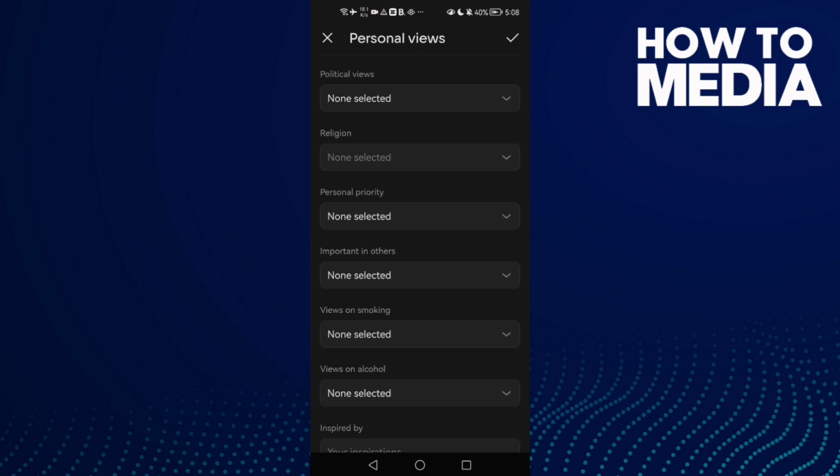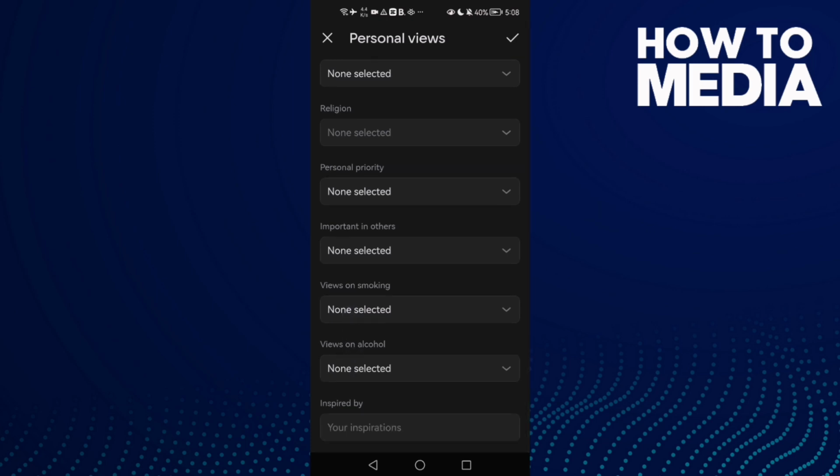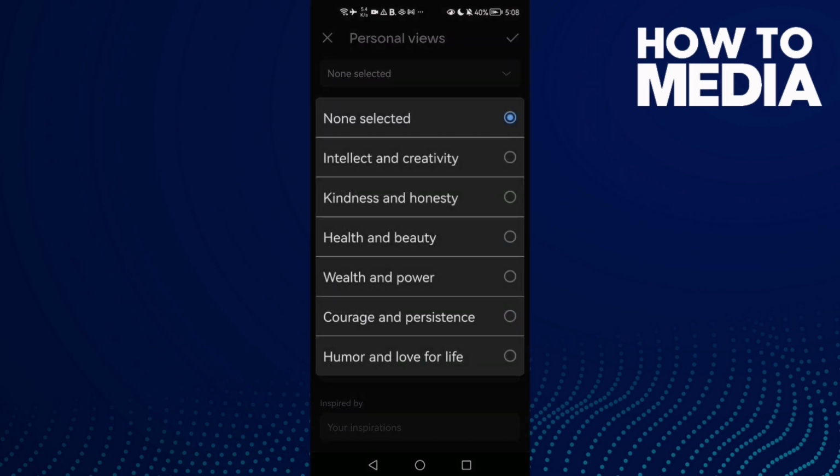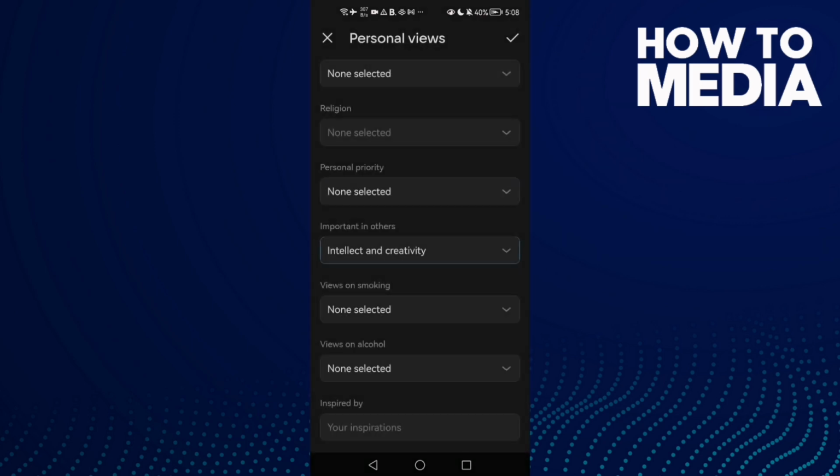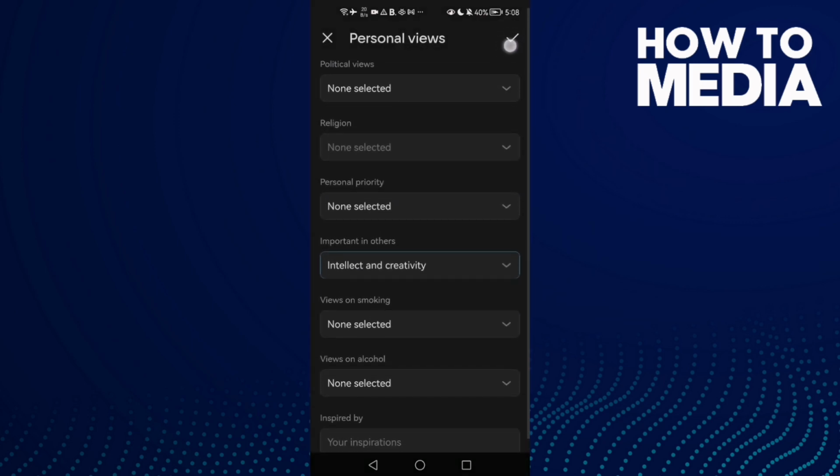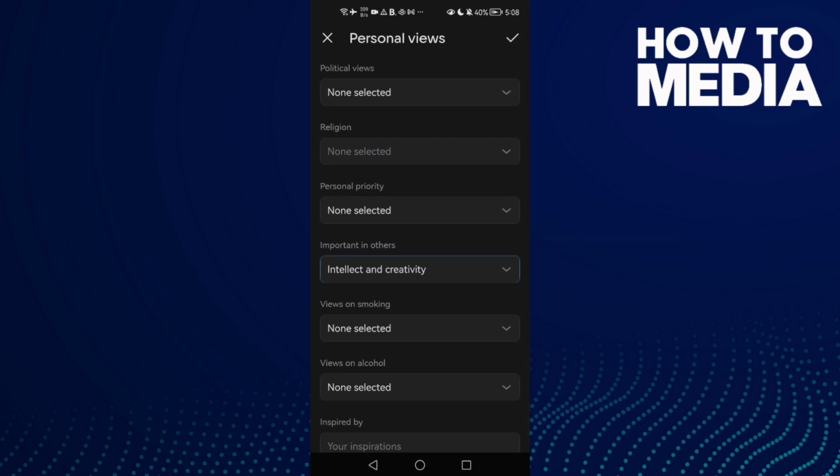And once you're here, just scroll down until you find important in others, click on it and select anything you want here, like this one, and then click this icon in the top corner, and